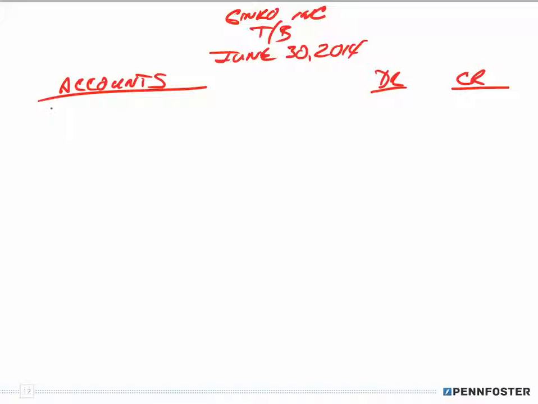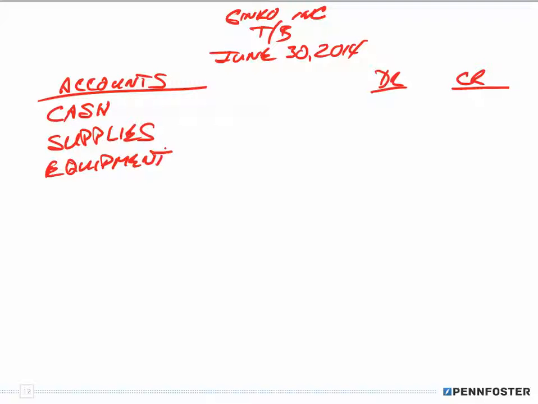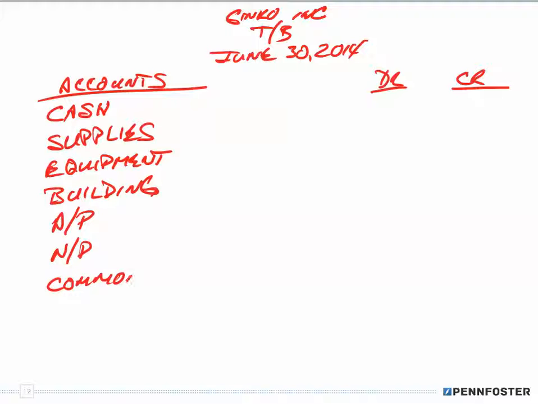And so I had cash, I had supplies, I had equipment, I had a building, and I had an accounts payable. I'm abbreviating here. Notes payable, I'm abbreviating here. I would normally write those out. And then I have common stock,